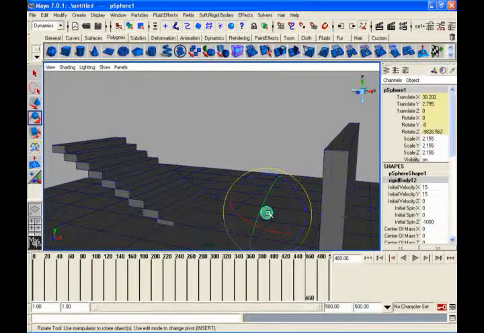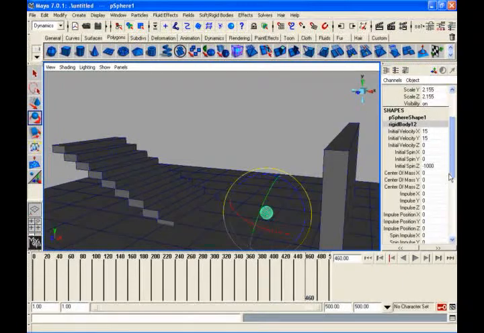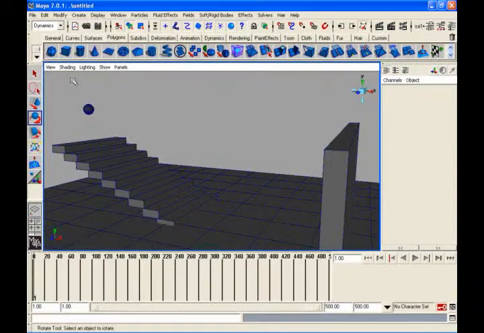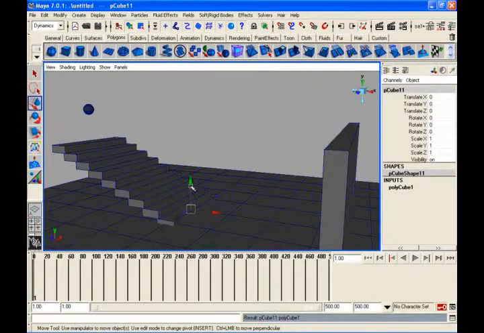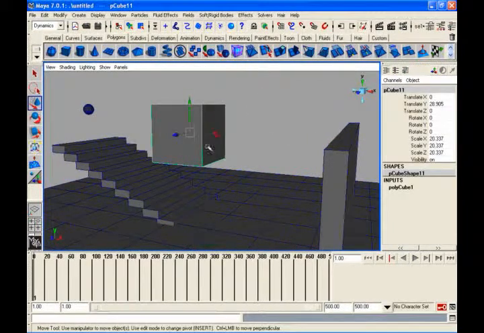Then there is something called center of mass. Center of mass is nothing but, for normal objects, your pivot point is your center of mass. For this object, your center of mass stays where the pivot point is, from where it starts rotating or balancing itself. I'll show you a very simple example. Let me save.